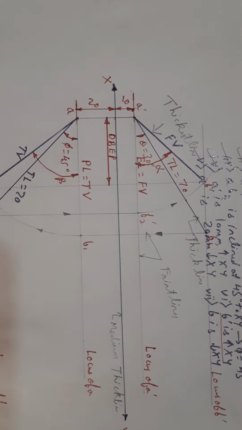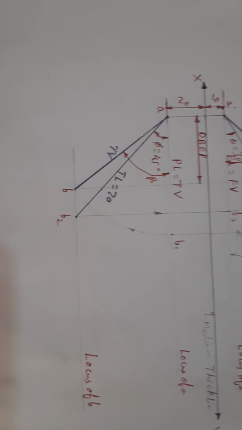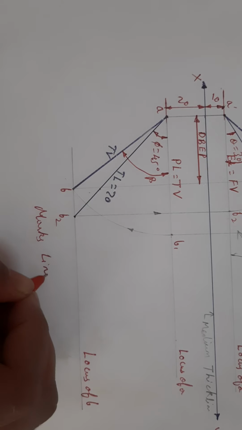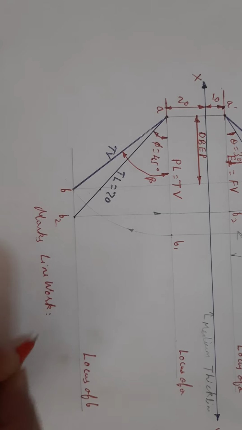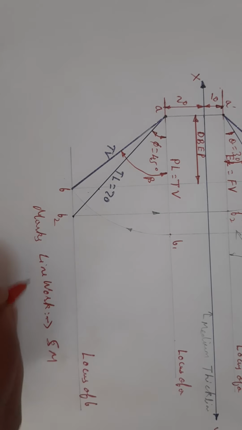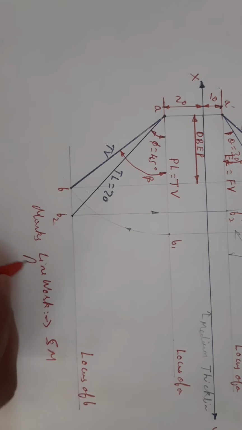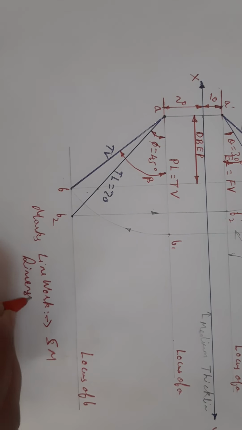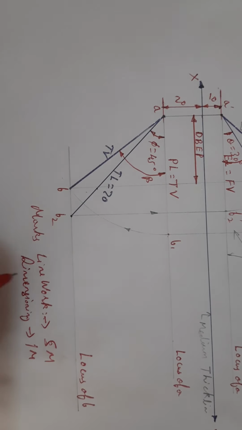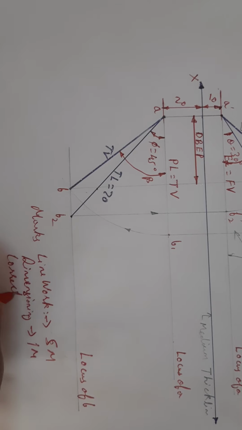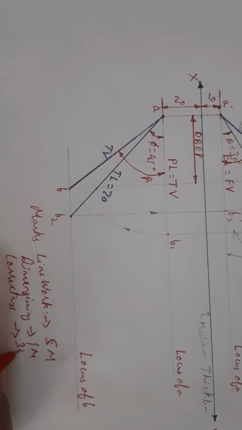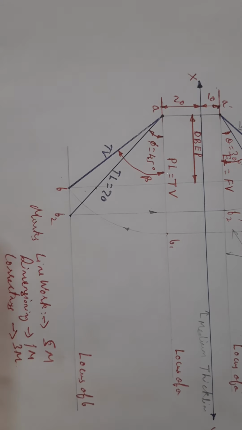Okay, how the marks are going to get divided for this problem? Just let us see for the marks. Line work means I have spoken about the lines, how the different types of lines are there. It will be giving you 5 marks. For this particular dimensioning, 1 mark, and then correctness of the problem, assuming that the problem that you have started is correct or wrong, will give you remaining 3 marks. So this is the way how the marks are going to get distributed.